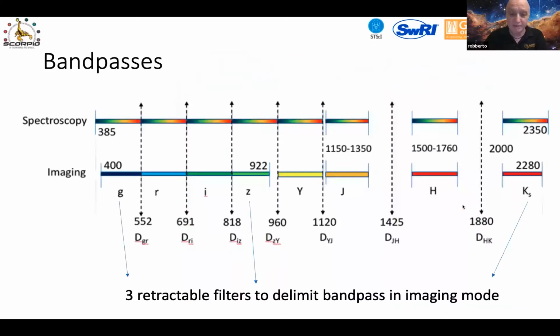canonical wideband filters. This is a zoom into the filters and the capability. Wavelengths go left to right here and shows the 8 channels, GRIZ. The names are here at the bottom, GRIZ, and then we move in the infrared where we have YJHK. There are gaps, they correspond to the atmospheric opacity, H2O opacity gaps, as it is common in the infrared. Y and J are nearly contiguous. The gap again is designed to avoid